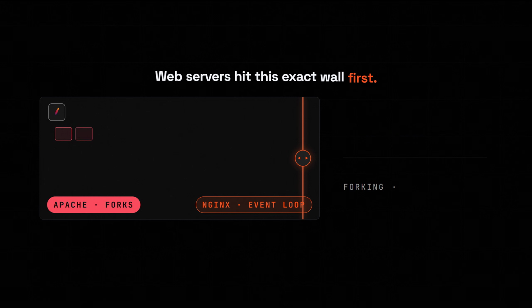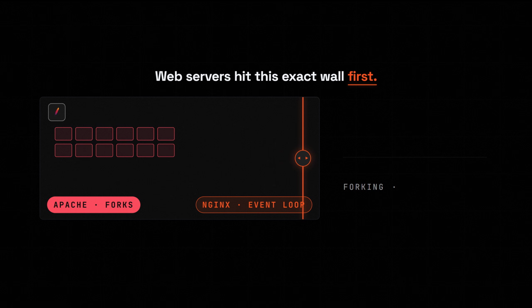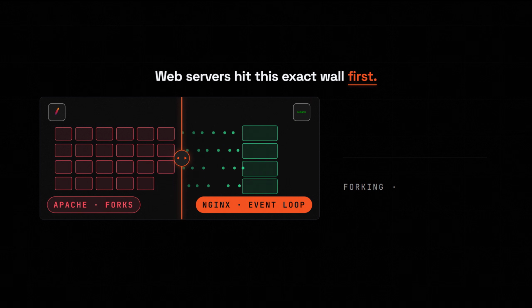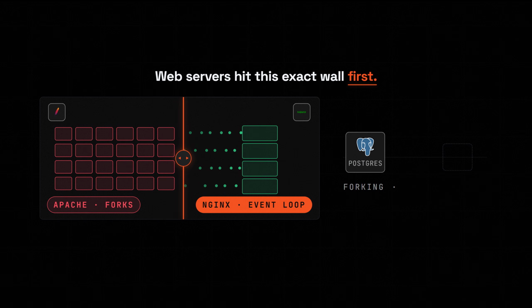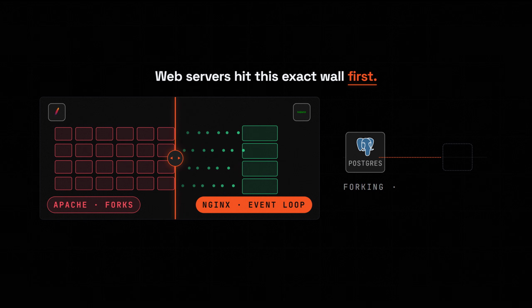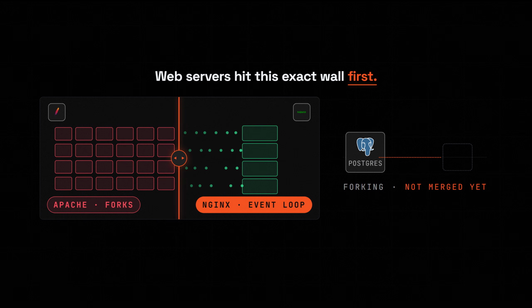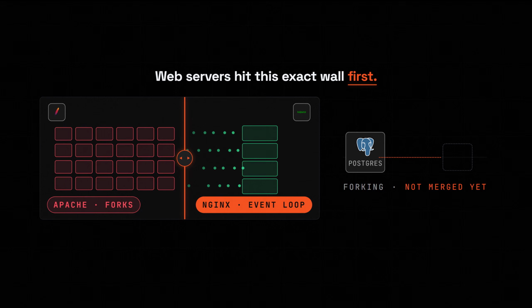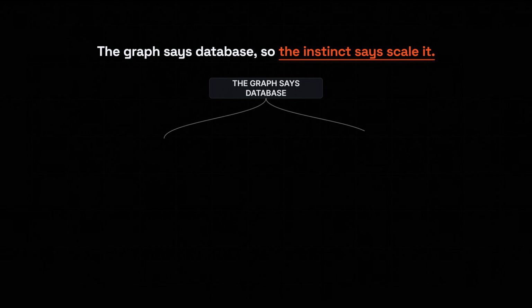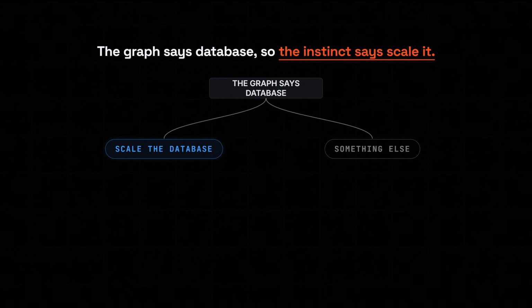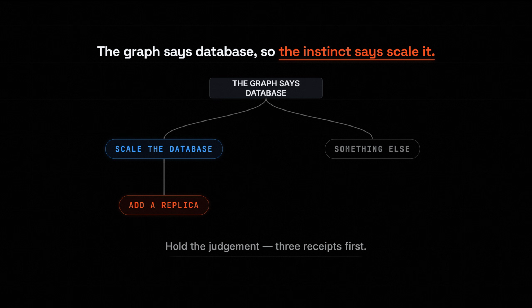Web servers hit this exact wall first. Apache forked a process per request until the traffic made it untenable, and Nginx won by refusing to give a connection its own thread. Postgres is Apache in this story. The event loop has not been merged yet, so your site is down and the graph everyone is staring at says database. The instinct is to scale the database, and to most teams scaling a database means one thing: